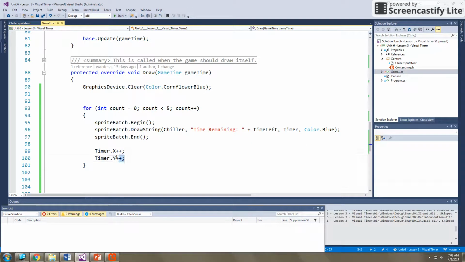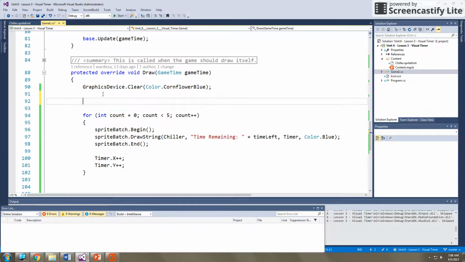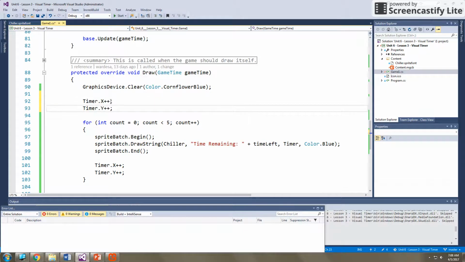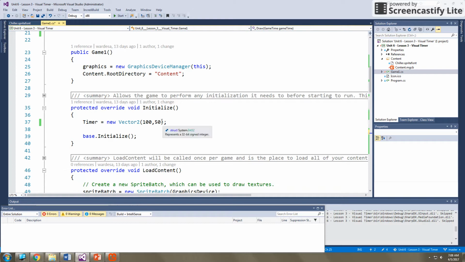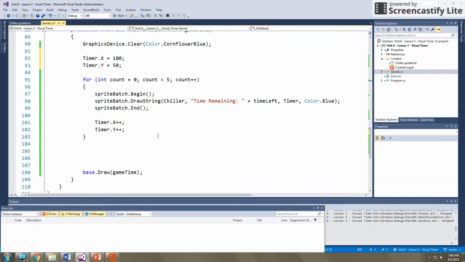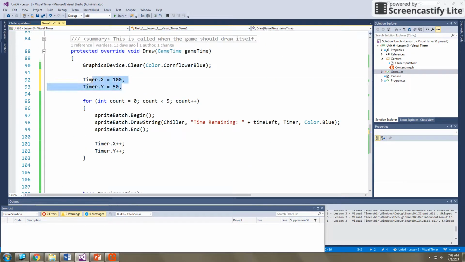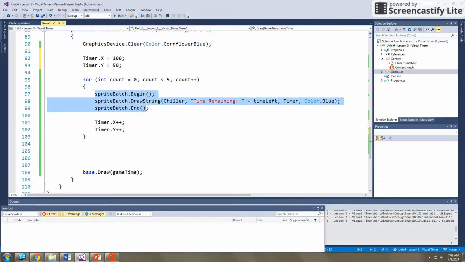First, if we want it to stay in one location, remember we need to reset these either at the end of our for loop or at the beginning before the for loop runs. So every time it runs, setting it equal to 150, because remember that's where we originally set it to be. We set it at the location 150, so we want it to go back to that location every time that draw starts. And then the next piece is if we want it to appear like it has a shadow, we actually need to write it one more time